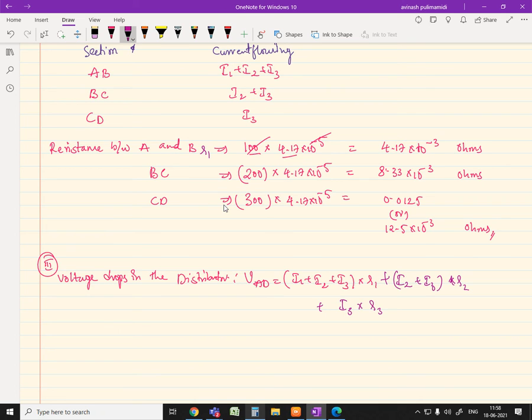So this is nothing but R1, R2, R3. Hope you understood. Then we will be finding the total voltage of AD is equal to what is the current